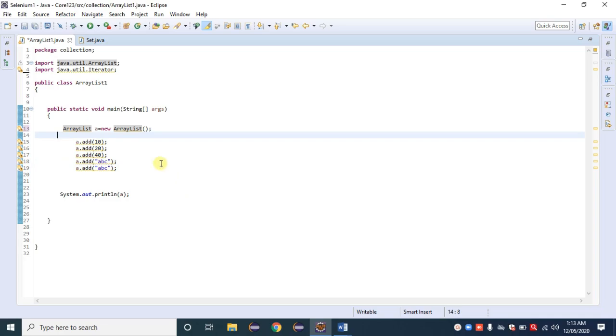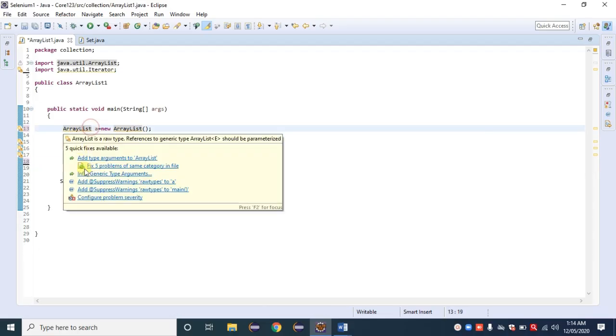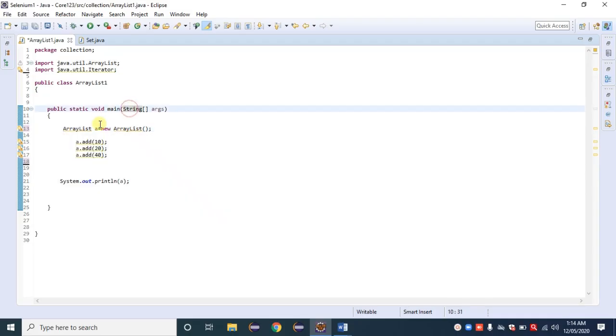Generic function means that we need to declare what type of ArrayList this is. Generally we can use a generic function if we have a similar data type with us. Right now this one is an integer family and these last two belong to a string family. So here I am removing the string family, and converting that one into a generic function. How to convert? Provide here Integer.